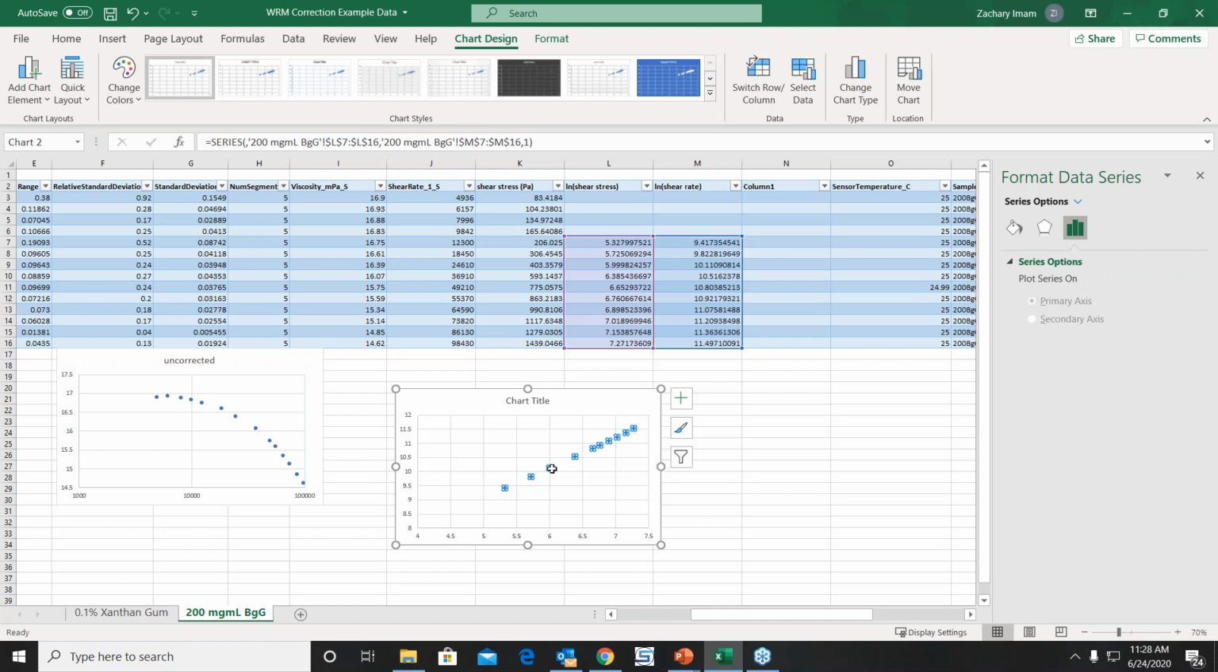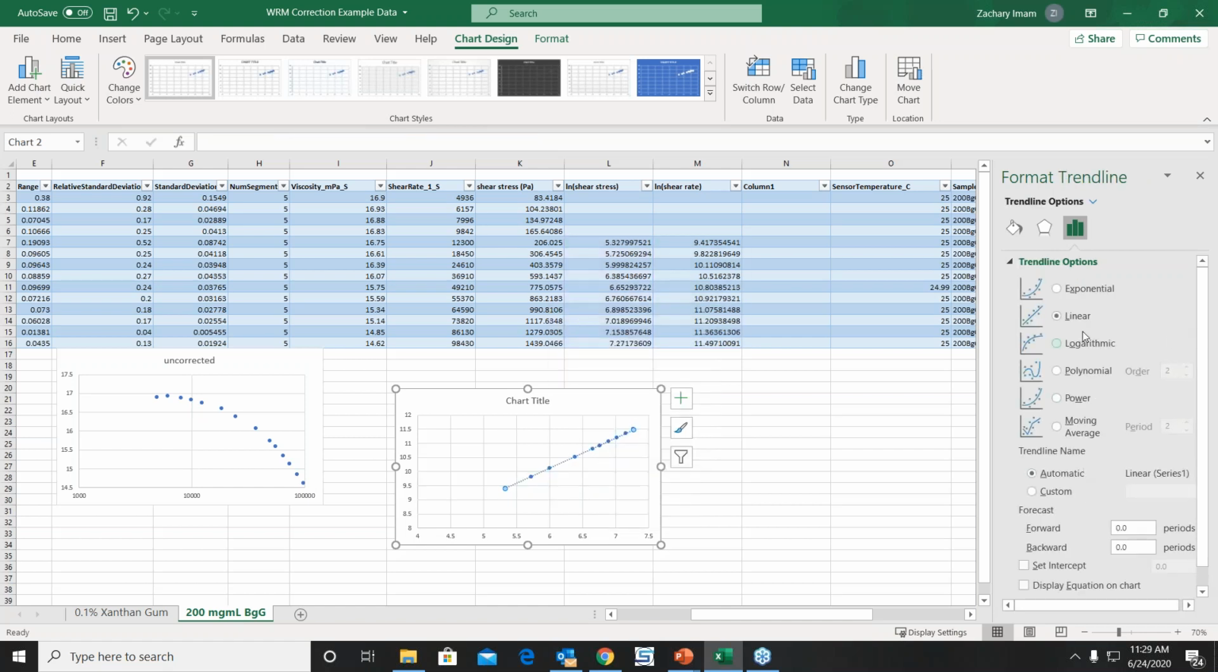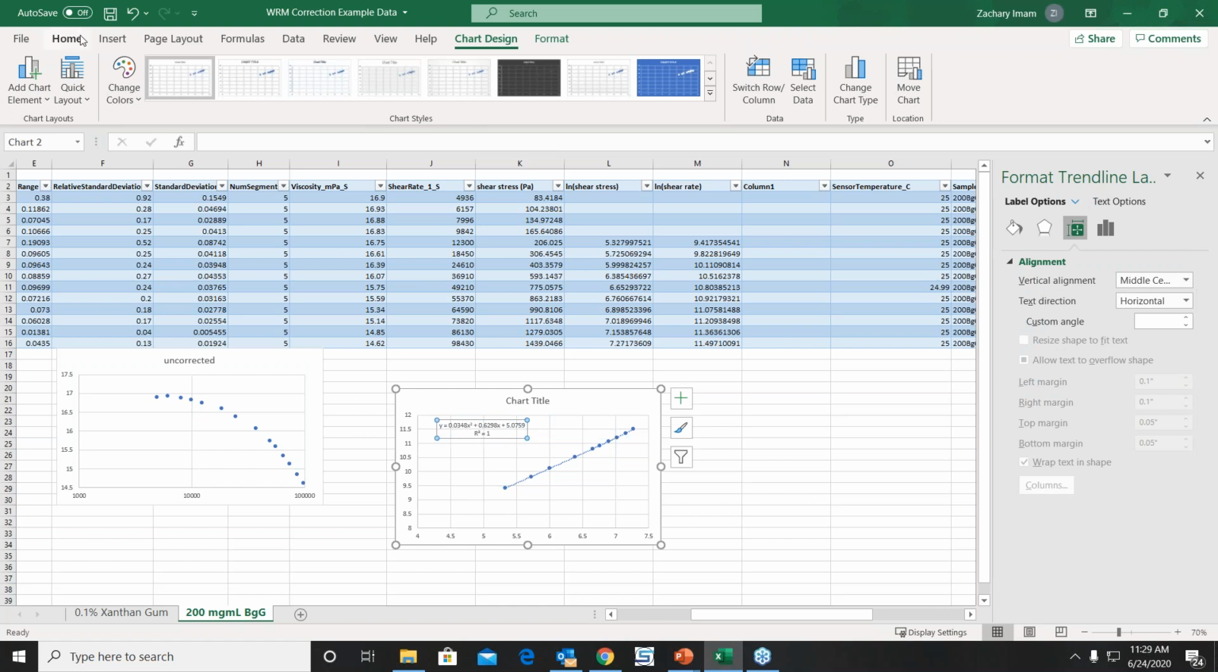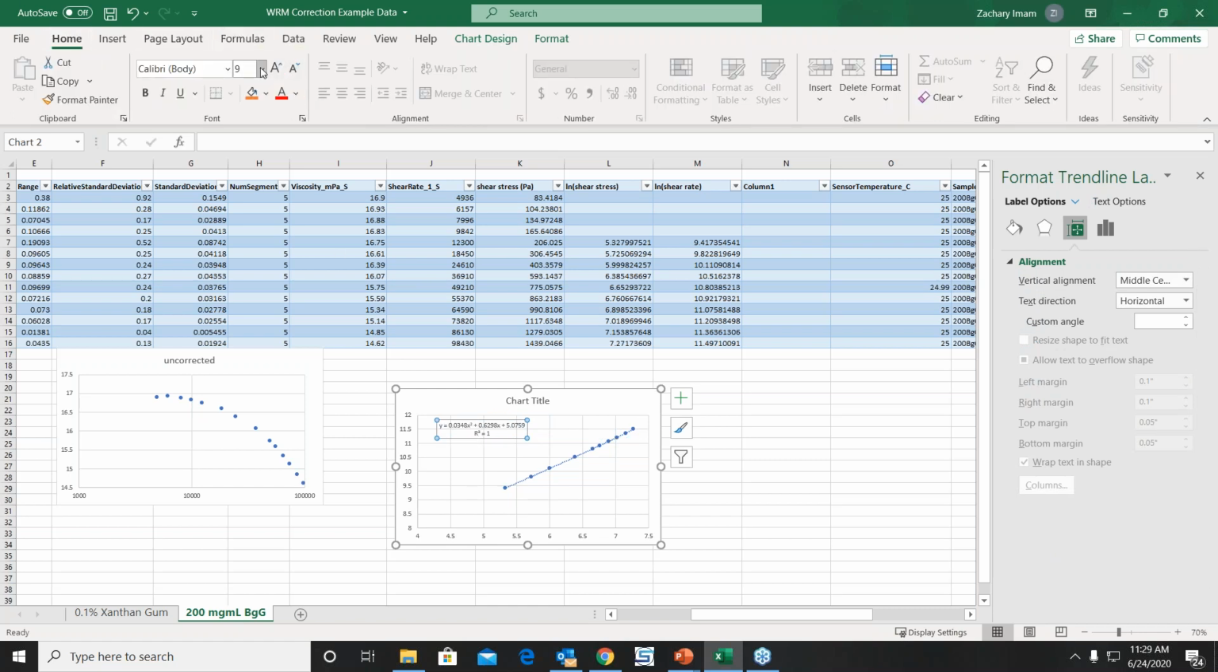All right. And so in Excel, you can just right-click, add a trend line, and we want a polynomial, second order, display the equation, and then increase the font because that's kind of tiny. All right, so we have our equation now, our fitted equation, and it has an r squared of 1, so